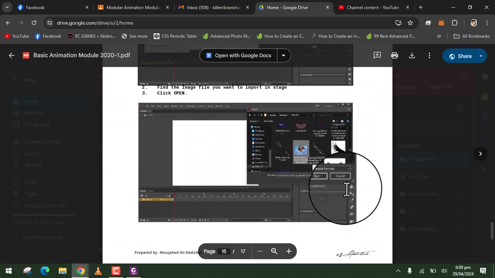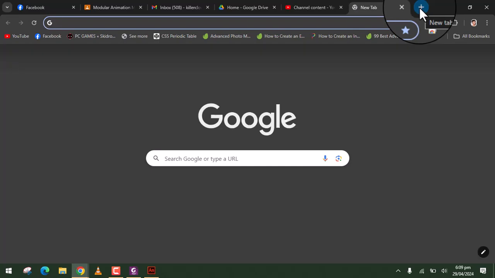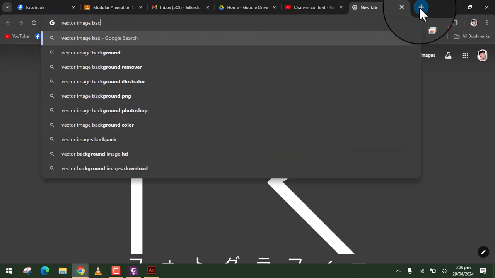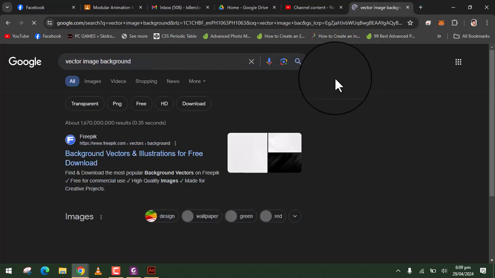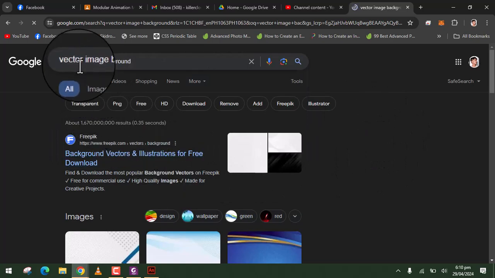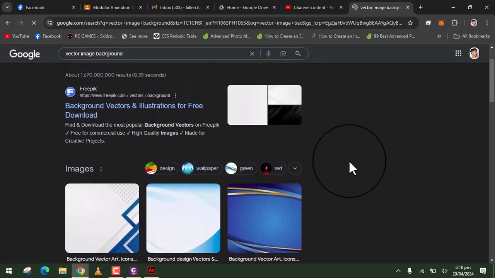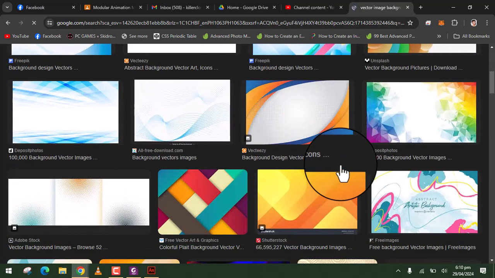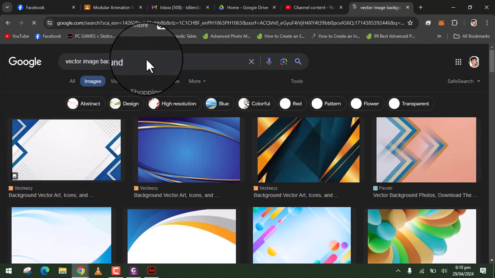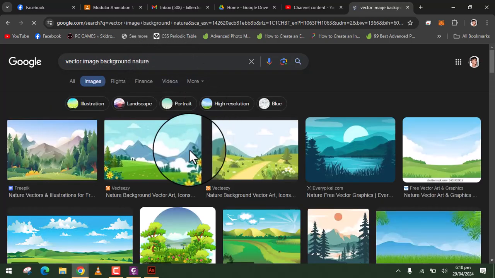So here it's very helpful if you want to add your vector background. So when we say vector image background, nature, like this.